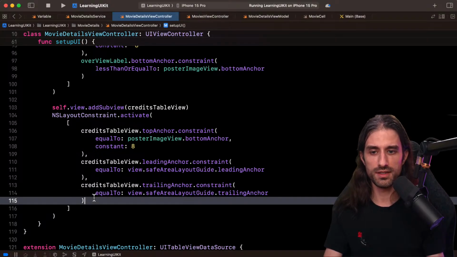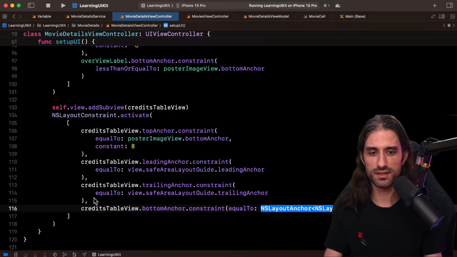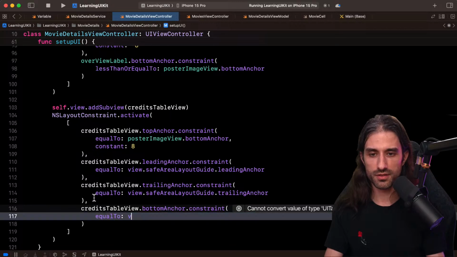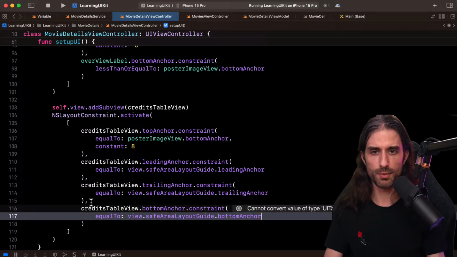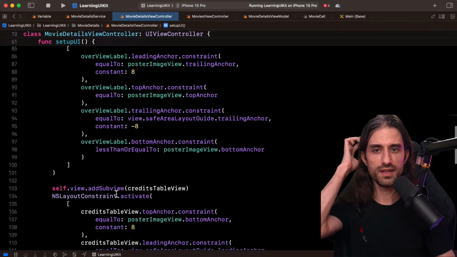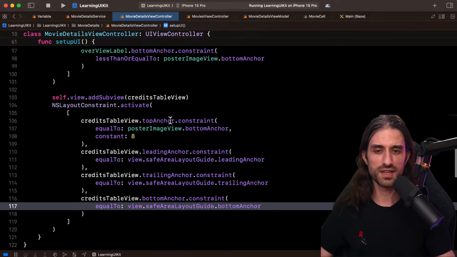And for the bottom, it's going to be the same thing. I'm going to do it with respect to the view's safeAreaLayoutGuide and for the bottom anchor. So this code here is quite monotonous to write actually. By the way, if you write UI programmatically, it's better to always pick the same way to go about it.